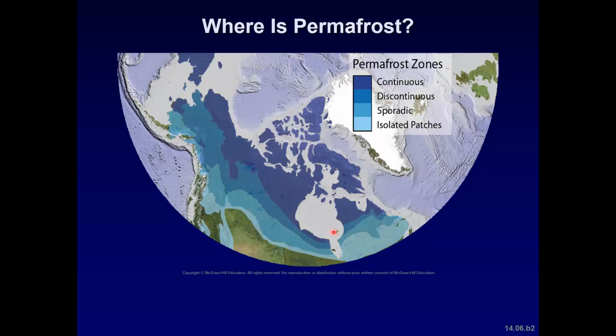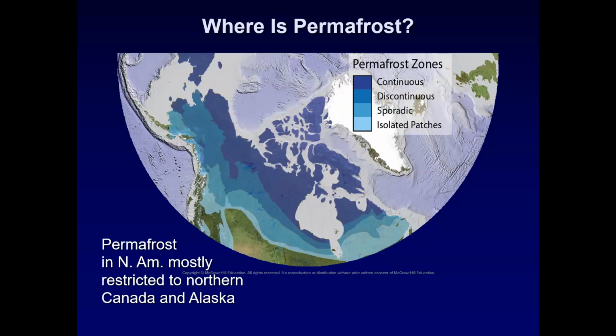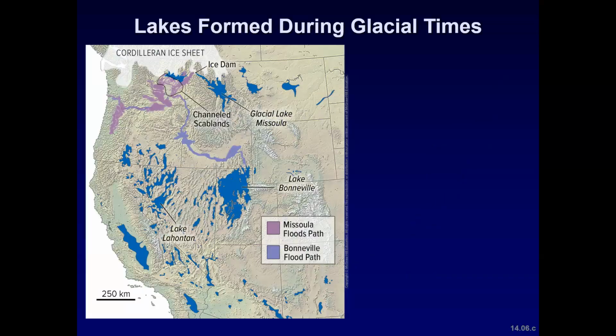So this is where we see permafrost zones: continuous, discontinuous, sporadic, and then isolated as you move south. It's restricted to northern Canada and Alaska because that's cold enough. Okay, so lakes formed during glacial times. This is kind of cool. So I used to live around here, and this area is definitely shaped not only by tectonic forces, but then